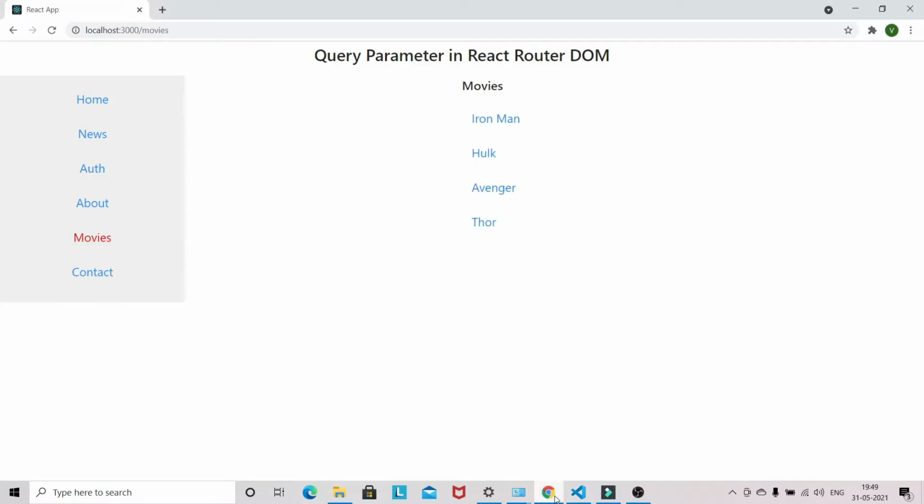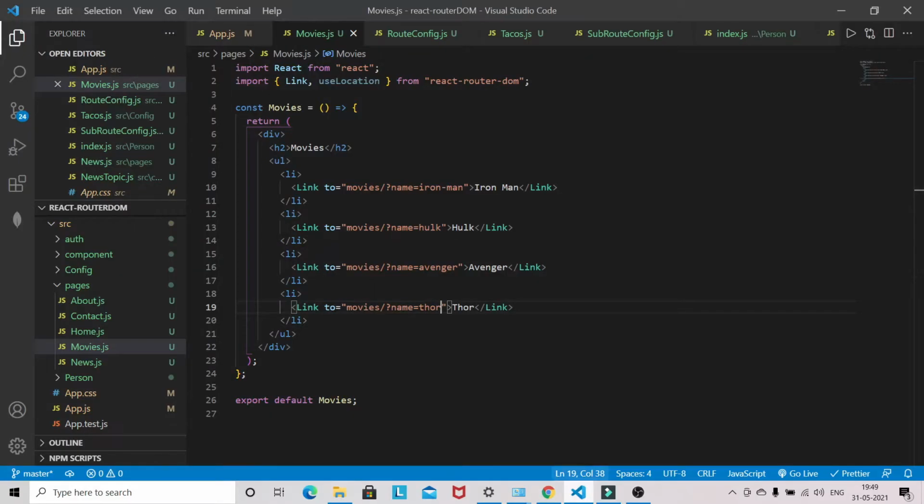So let's see. We can see that there is some mistake. Okay, no problem. We have made some mistake here. This is not this way, it should be written this way.